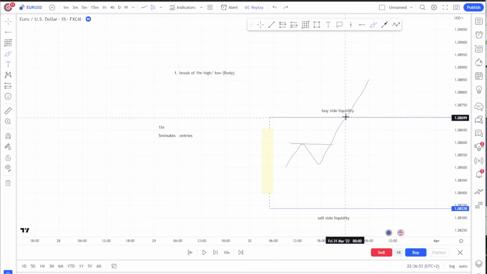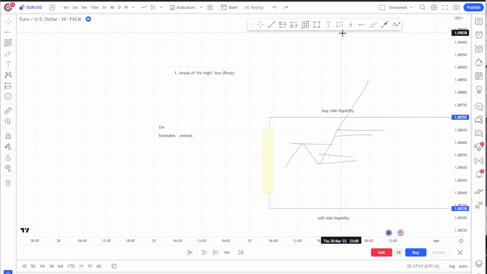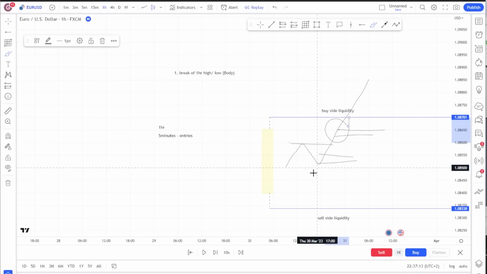Or once price breaks here, we're then going to be looking for an order block here. So it's going to be one of these two. It's going to be either here where price originally broke structure, or there's going to be an order block here, okay? Now the way we decide between this first one here, okay, so this order block here and this order